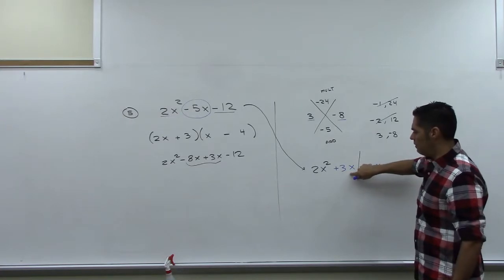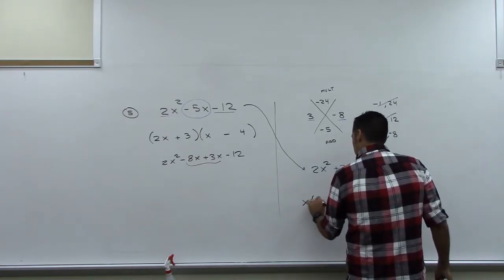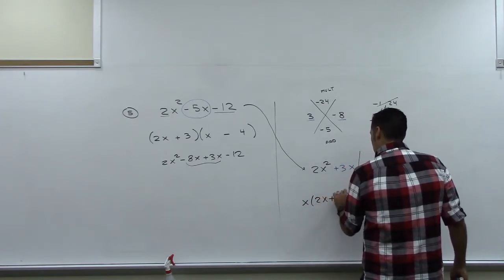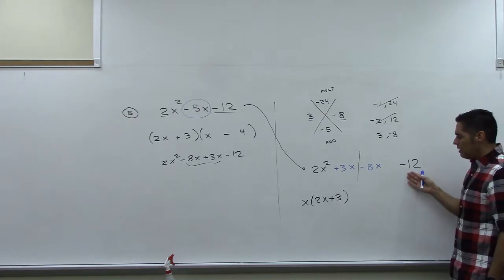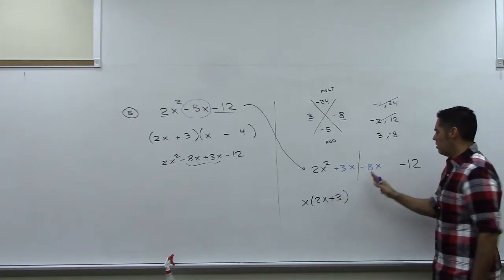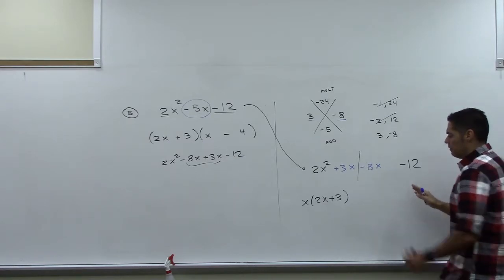Right after the second term, you split it, and then you factor out of just these two, ignore this, factor out a GCF. So they both have an x in common. I'm going to pull an x out. I'm left with 2x plus 3. And then what we need over here is to pull something out that's going to leave us with a 2x plus 3. So notice that both of these numbers, if you pull out a negative 4,